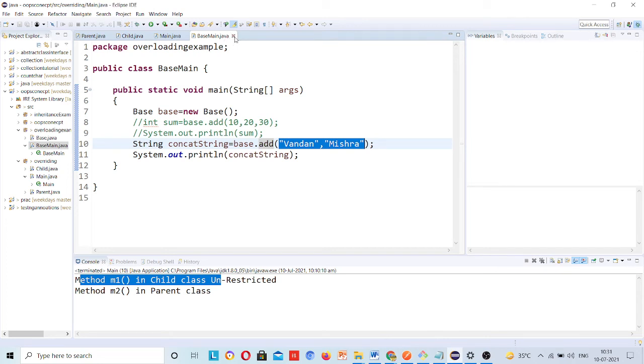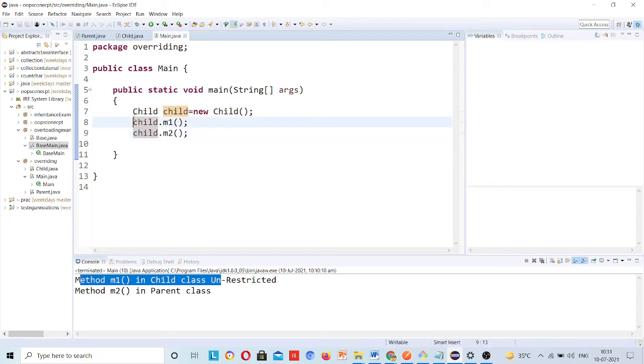But this m1 method in child.m1: when you compile this program, the m1 method is present in the child class as well as the parent class. Now how will it decide which to call? It will decide at runtime. When you run this program, child equals new child, you have called child.m1.